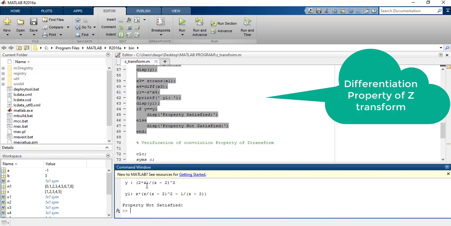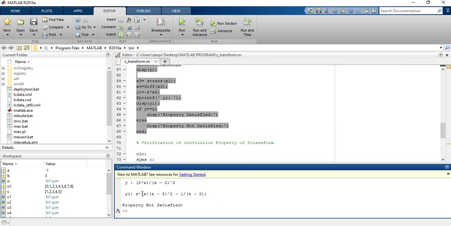See, here your result is shown but it says property not satisfied. But the property is actually satisfied, the problem is this: the LHS result is 2z divided by (z minus 2) whole square. Here also the same result.